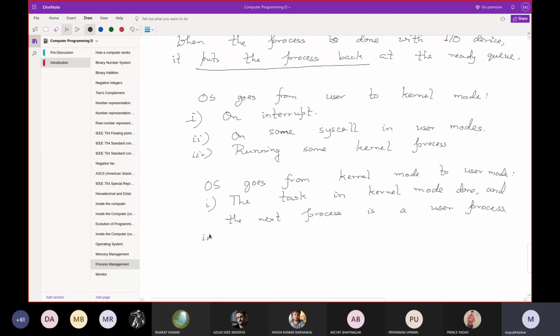Or after booting up, when the OS has created the complete environment.